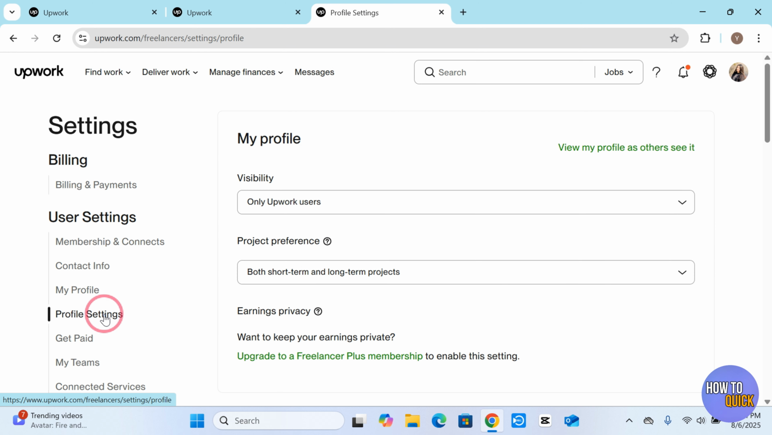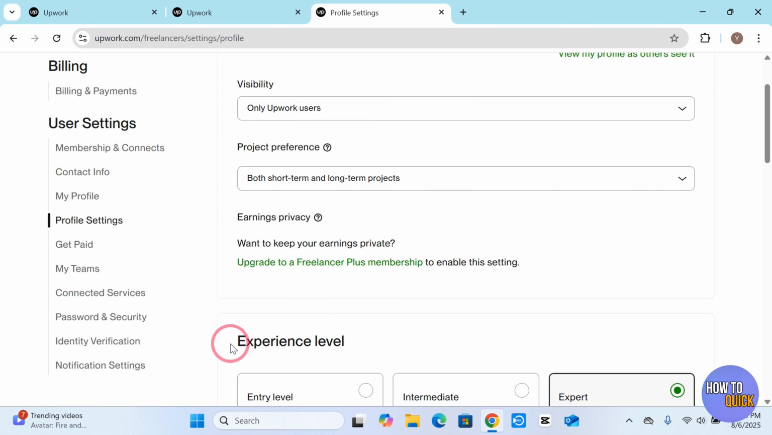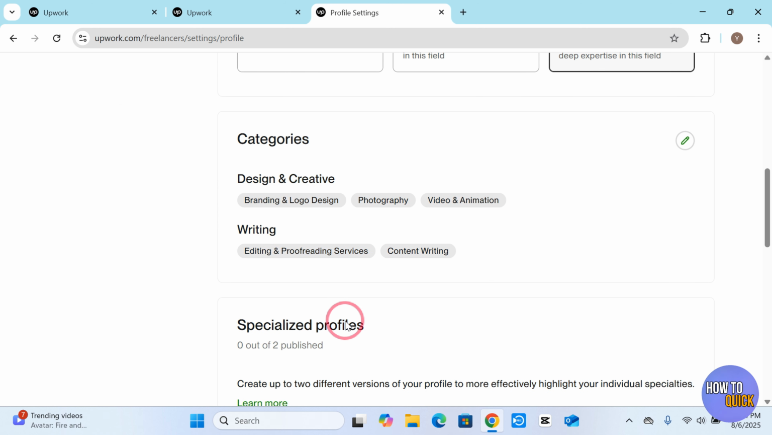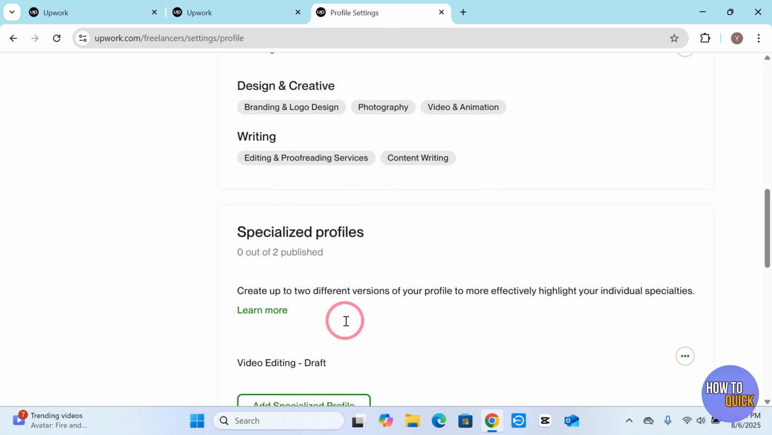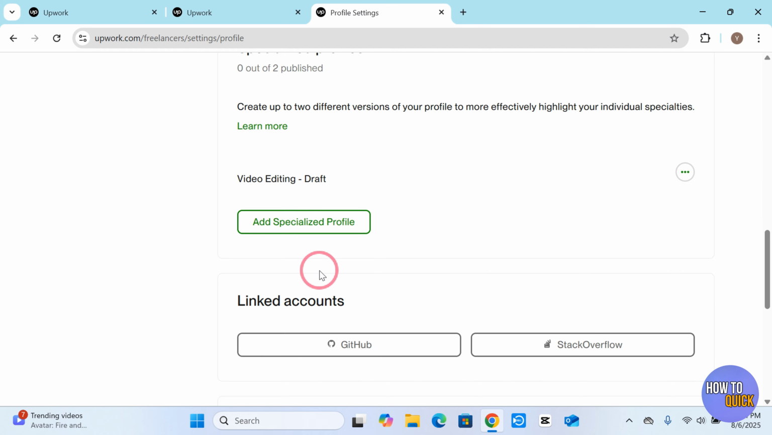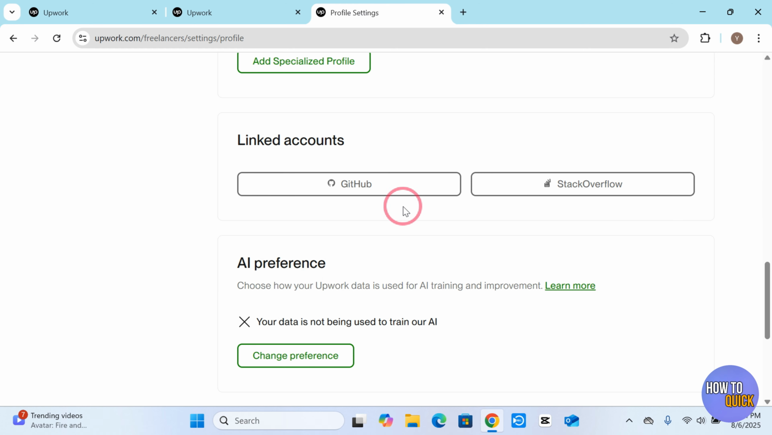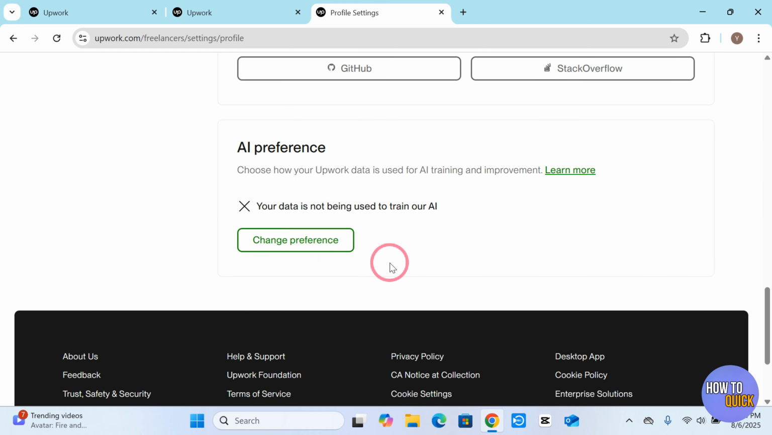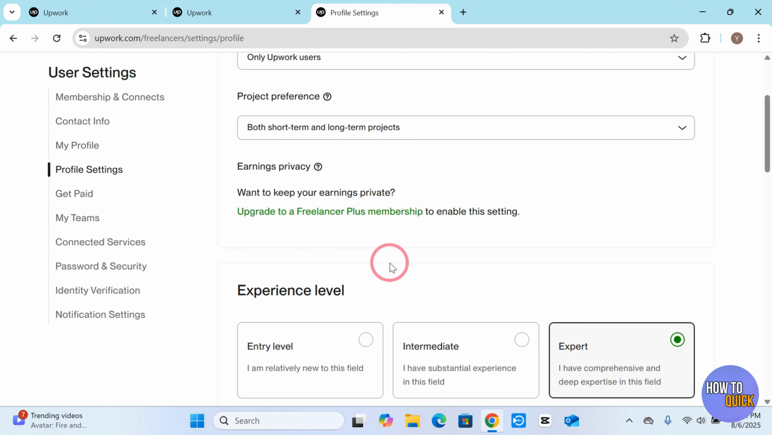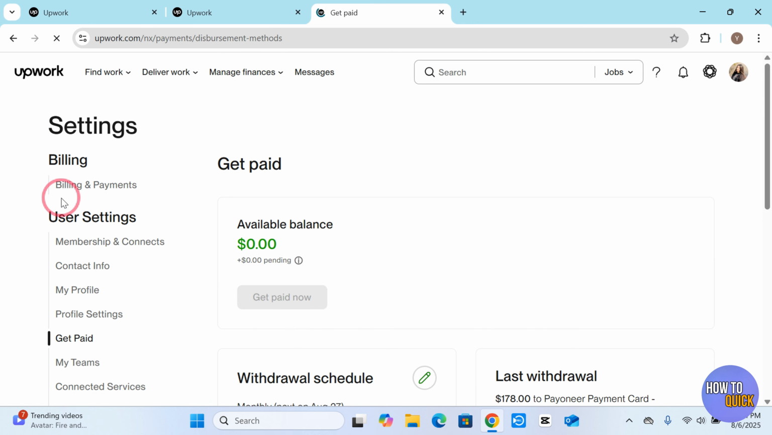And here you get your profile settings, your visibility, and your project preferences. You can upgrade these. You can choose your experience level, your categories, your specialized profiles, and you can add specialized profiles if you want. And then you can add linked accounts like GitHub, Stack Overflow, and here you can change your AI preference. And then you get this get paid option over here, that if you click this option, you'll